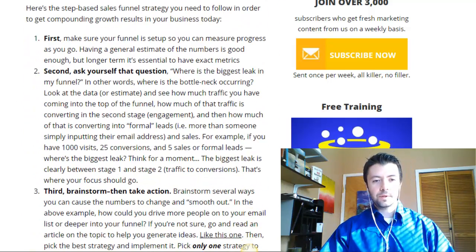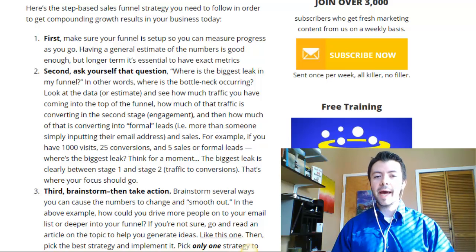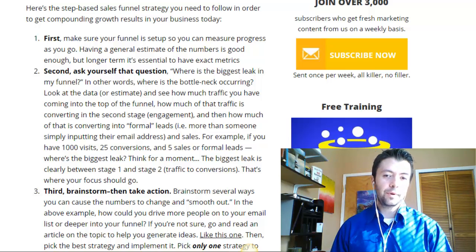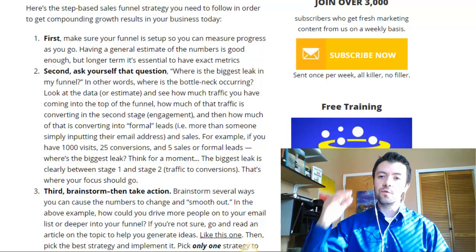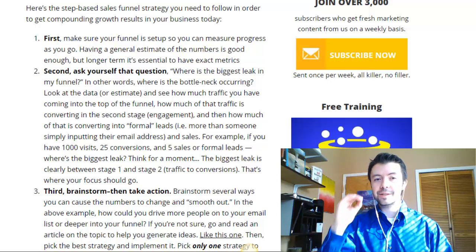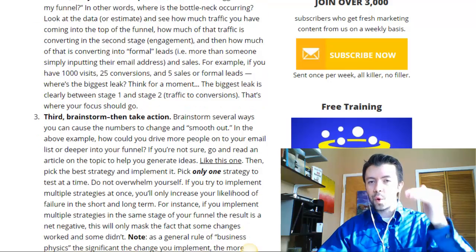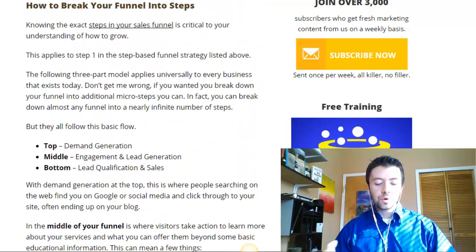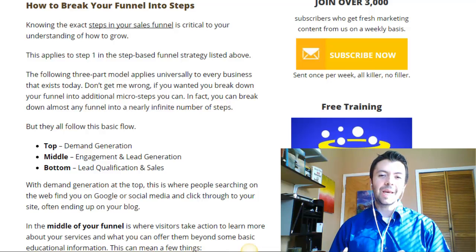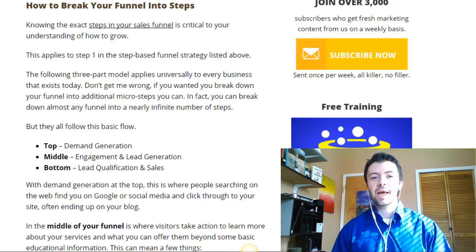So there's 4 parts to this, or 4 steps. First, you want to make sure that you have a funnel that is actually set up. You want to have at least a general idea of what those metrics are for each stage in your sales funnel. And if you want to know what exactly those 3 stages are that you should have, well, you can divide your sales funnel into an almost infinite number of stages and micro steps, but generally speaking, every business in